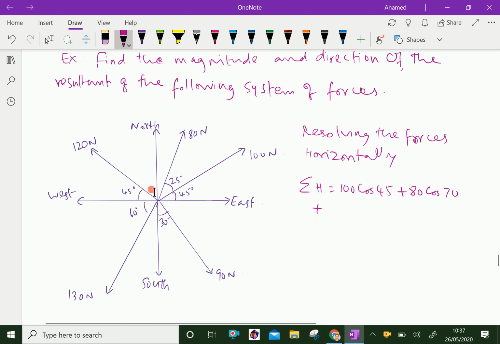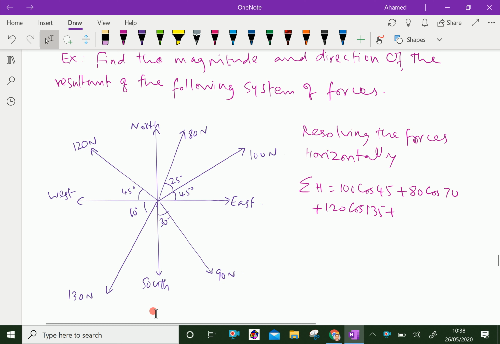This 45 degree is there, here also 45, that is 90 plus 45 is 135. This is 135, so 120 cos 135, plus